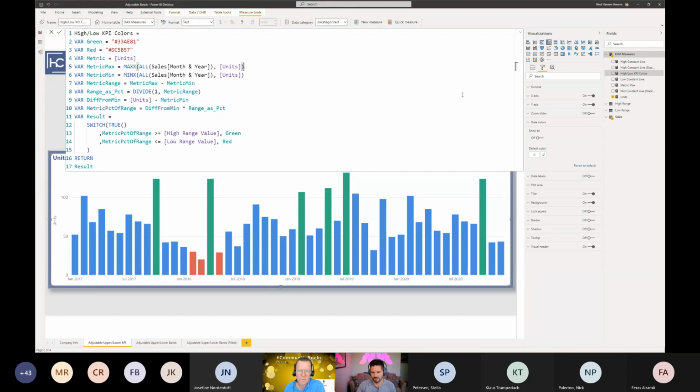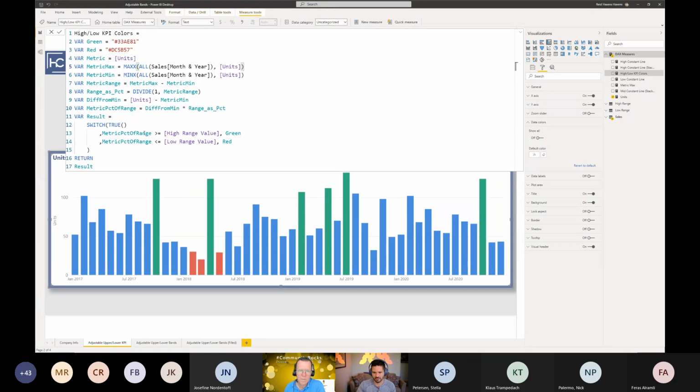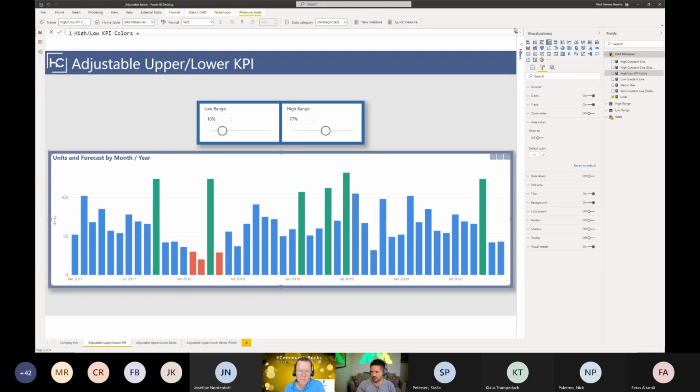I really just need to determine, based off of these two selections in here, is that falling above the high range or is that falling above the low range? And if either of those conditions are being met, it's either going to return the green or the red. But I have to figure out what the actual full range of the table is for the min and the max, and then convert that into a percentage based on this disconnected slicer that I have right here.